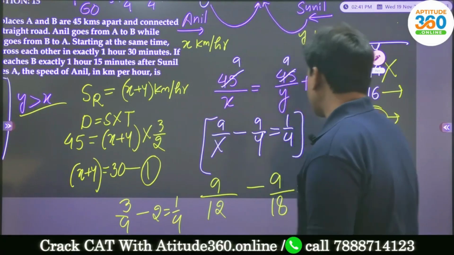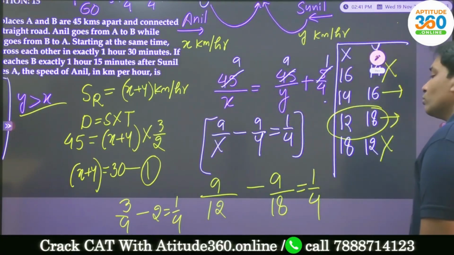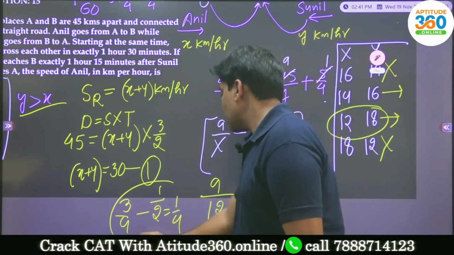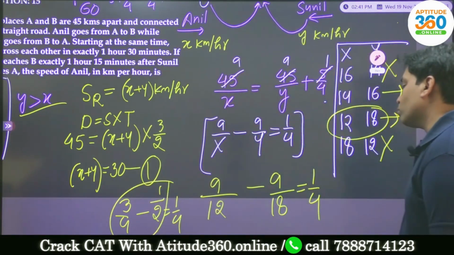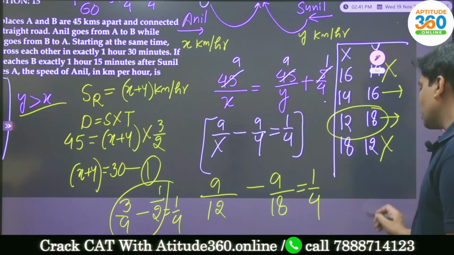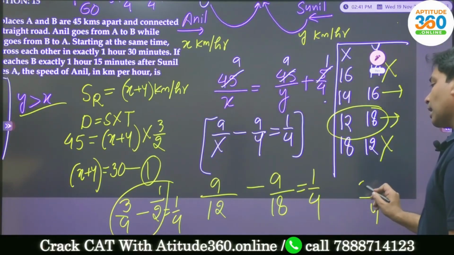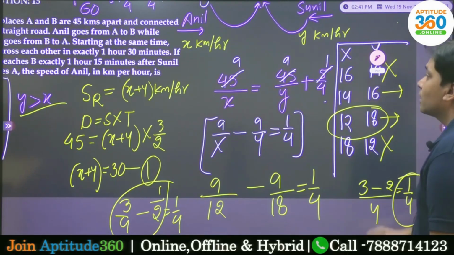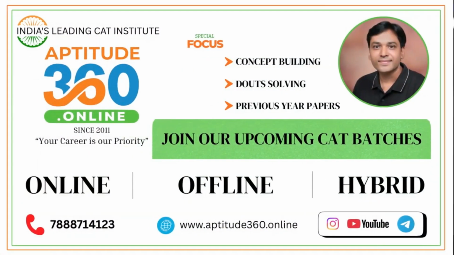I messed something up. 1 by 2, 1 by 2. So 3 by 4 minus 1 by 2. Are we having that value? So this is going to be 4 and then 3 and then 2. Aren't you having 1 by 4? So what did I say? If you simplify this,